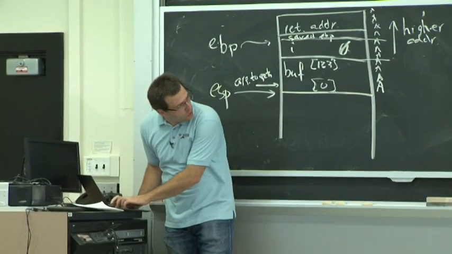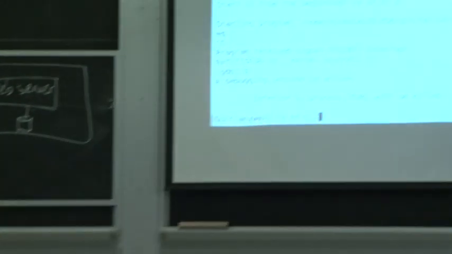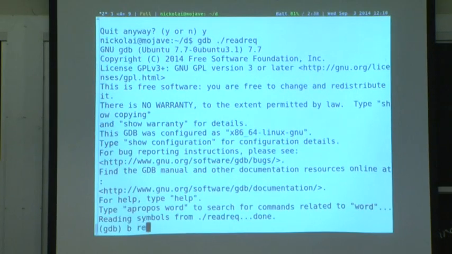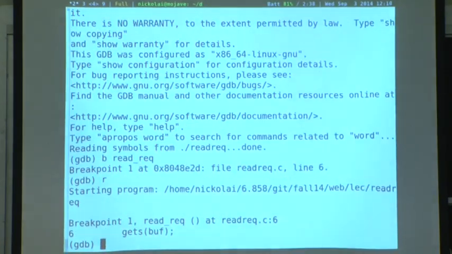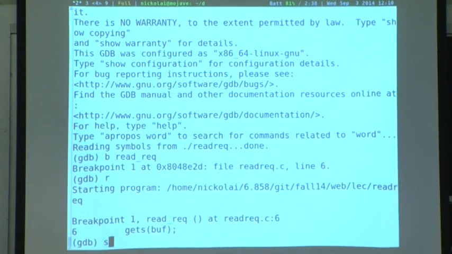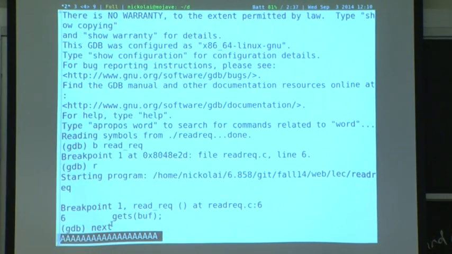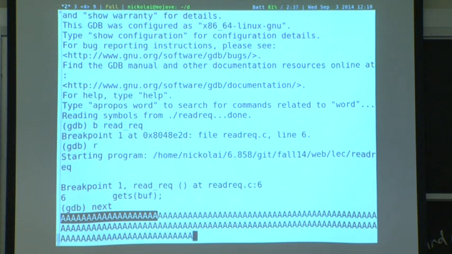OK, rerun the program again. And I guess I have to reset the breakpoint. So I can break and redirect again and run. And this time, I'll again supply lots of A's and overflow things. But I'm not going to try to carefully figure out which point in these A's corresponds to the location in the stack. That's something you guys are going to have to do for lab 1.